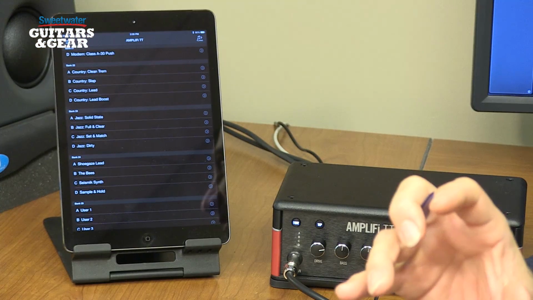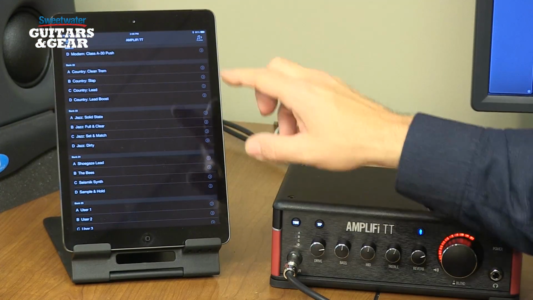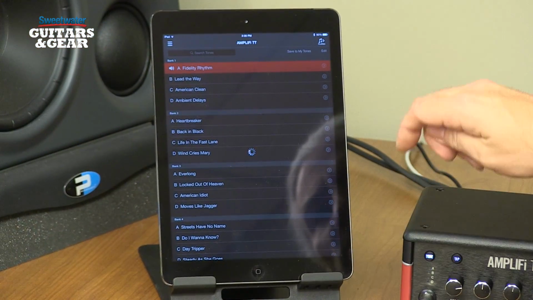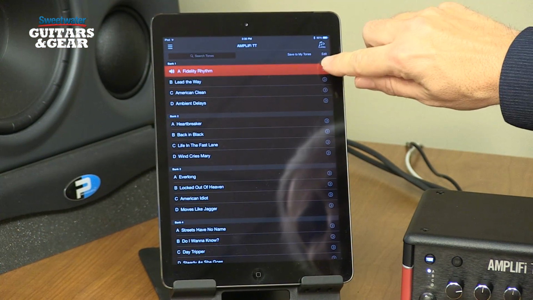We can get a lot more in-depth using the AMPLIFi TT remote application inside your iOS device. So let's go back to where we're at here. We're at the Fidelity Rhythm setting. We'll call that up. When we hit the Edit button,